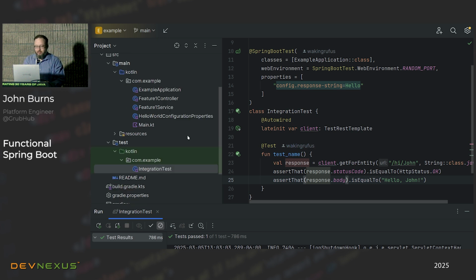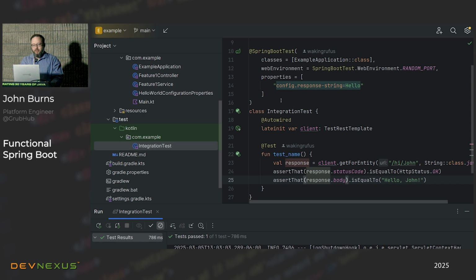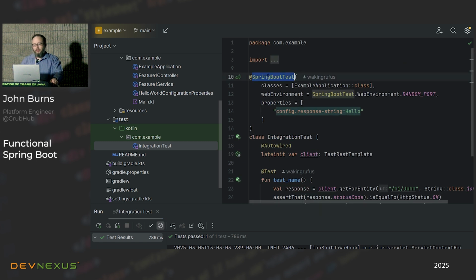So we have this test. And one thing I want to point out is that with Spring Fu in that project, you could not use that Spring Boot test. It was incompatible with the way that the application started up. So one of the innovations here with my Funk project is it will work with Spring Boot tests. So we're not going to touch this test at all. We'll just leave that here.